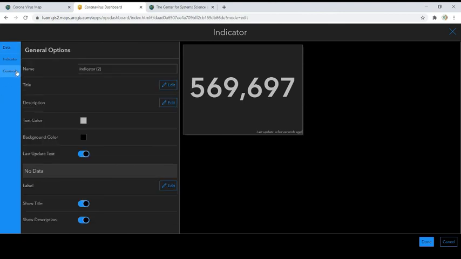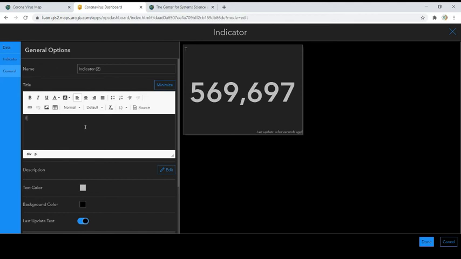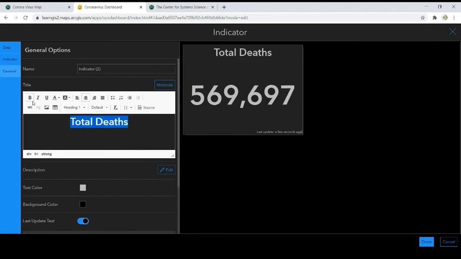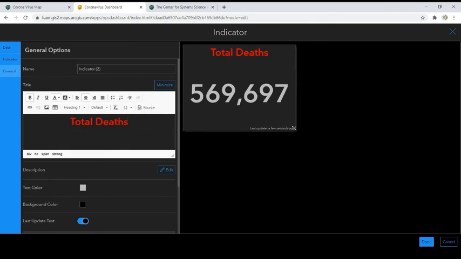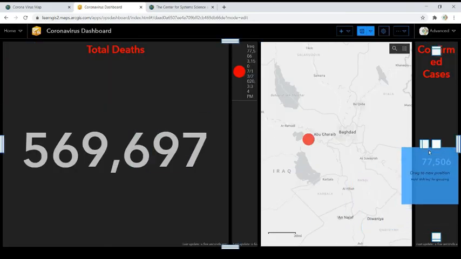Similarly we will change the title to total deaths, make it center, make it bigger to heading 1, and change it also to red, and we can resize. Done, and we will drag and drop under